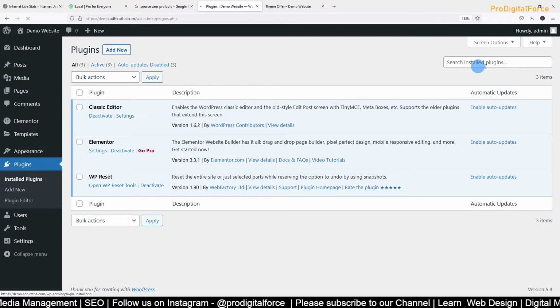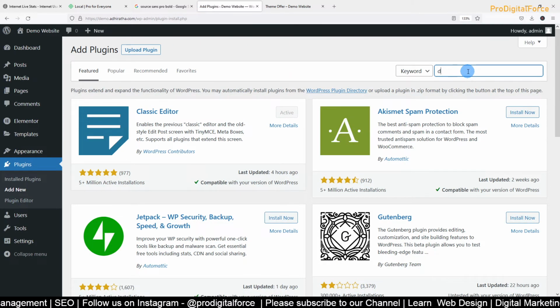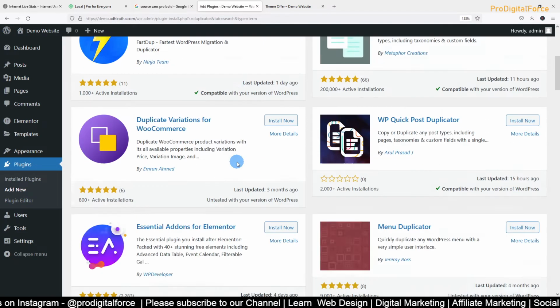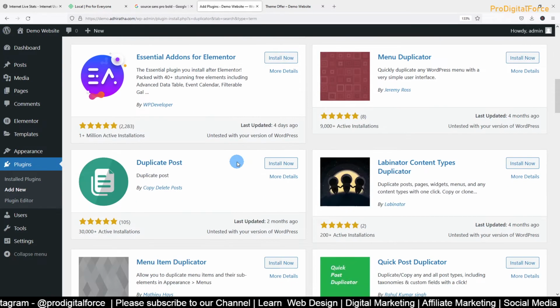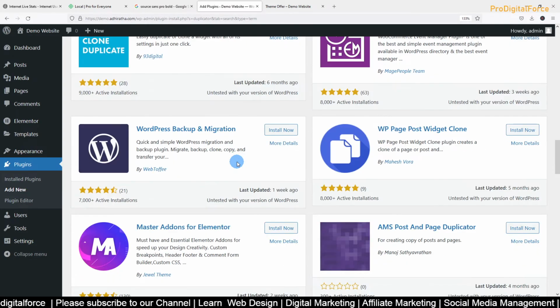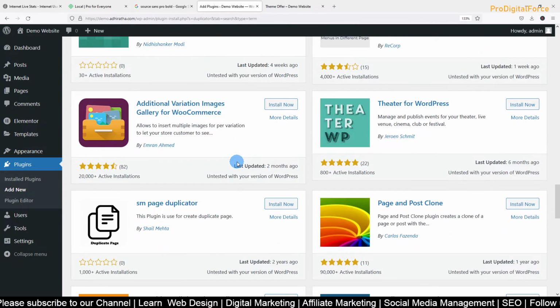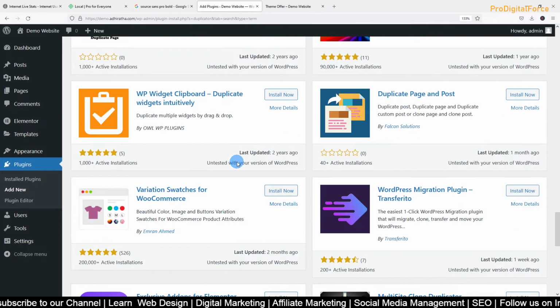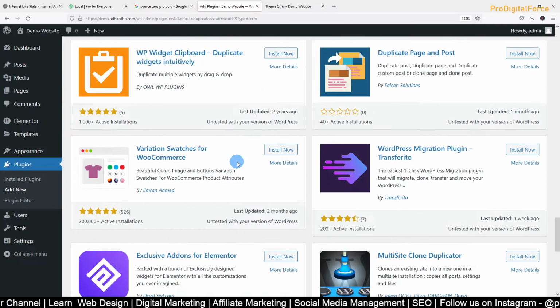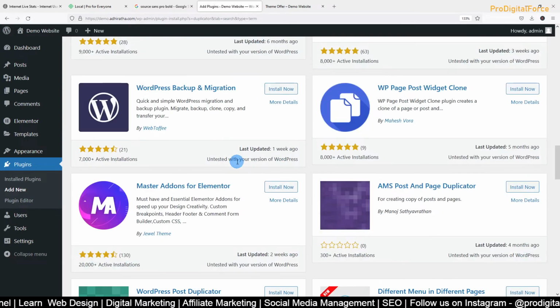Add new. Let's find this. Which one do we use?